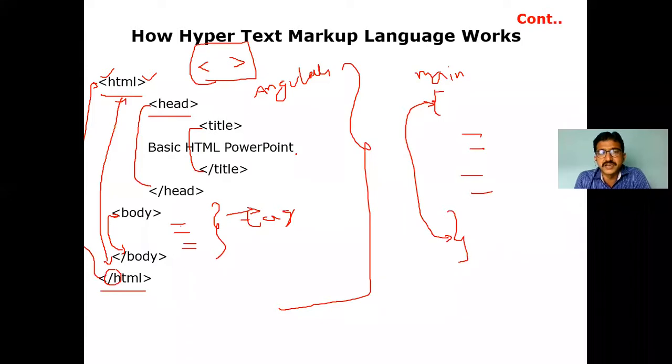So it starts with the HTML tag and ends with the HTML tag. Tags are represented in angular brackets, also called less than and greater than symbols. The starting tag doesn't have the slash, but the ending tag needs to start with a slash. Whatever you write should be written in between the HTML tags only. Then only the browser identifies, okay, this is HTML, not XML. This is HTML, I need to run it.